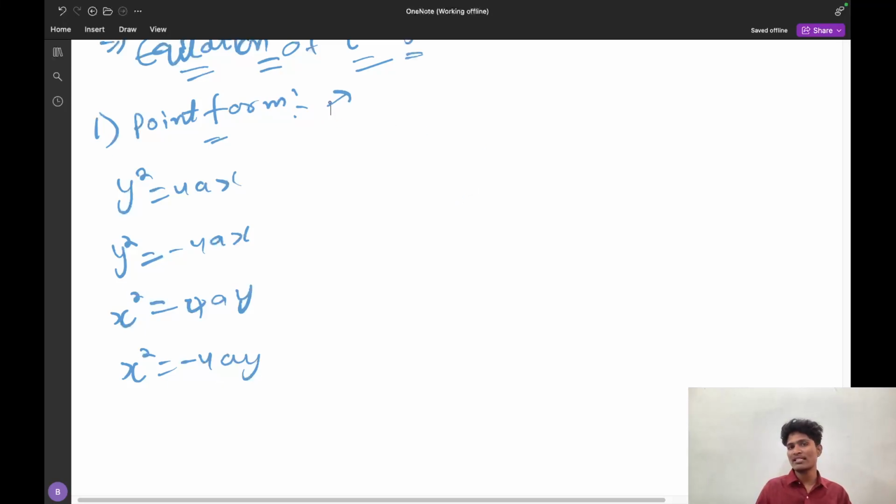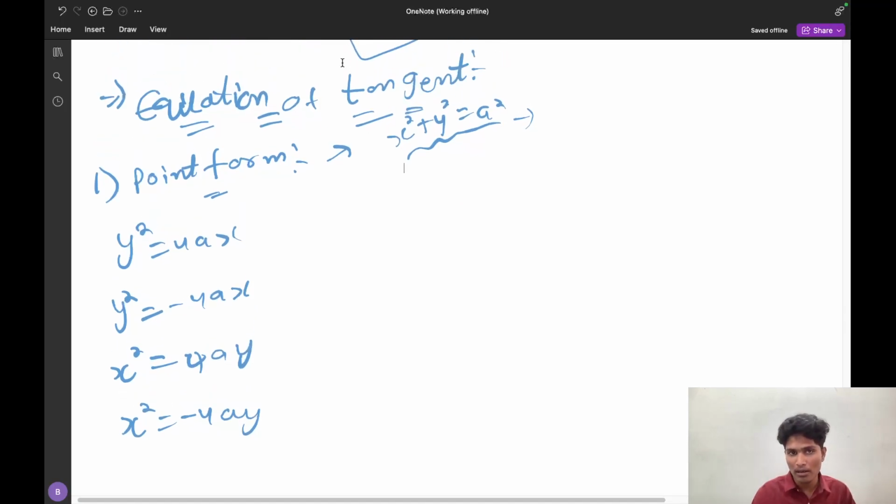I already explained the circle equation. Suppose the circle equation is x square plus y square equal to a square. What I have to do? I have to transform this equation in order to get the equation of tangent. What I said? x square is transformed as x(x1), and y square is transformed as y(y1), and x should be transformed as x plus x1 by 2,